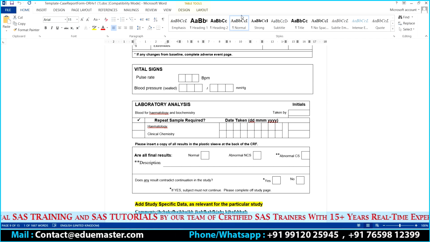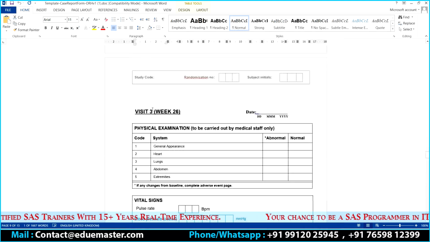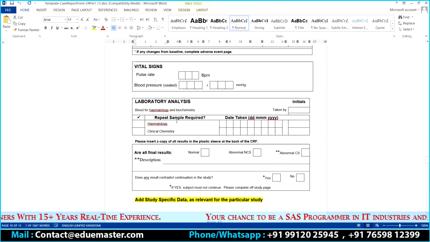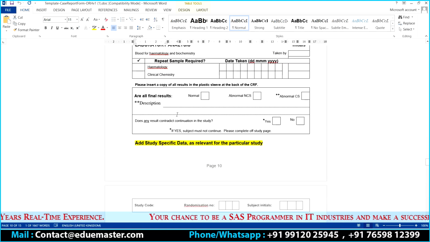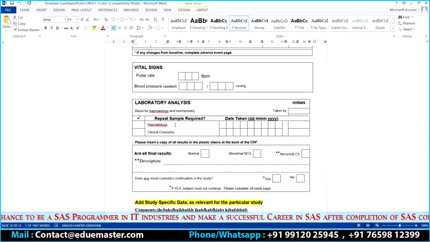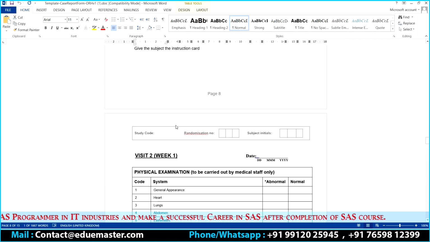Remember, this is not about the whole clinical trial. It is not about the drug, it is about the subject. This is about the patient. You understand, guys? How do I differentiate it? Clinical trial is a whole. So to start this particular clinical trial, I need a subject. The subject is nothing but the patient. I'm collecting all the patient information. Is that clear? Can I have a quick confirmation?